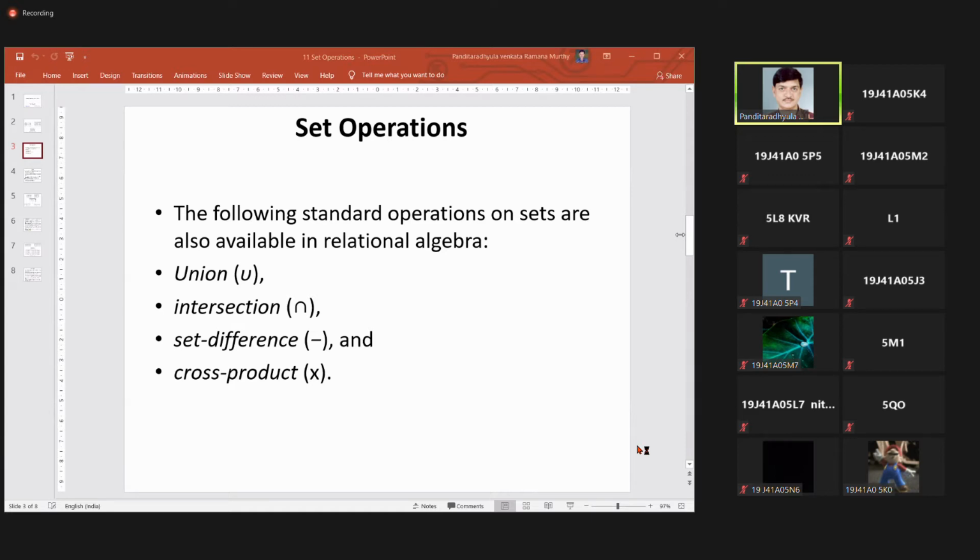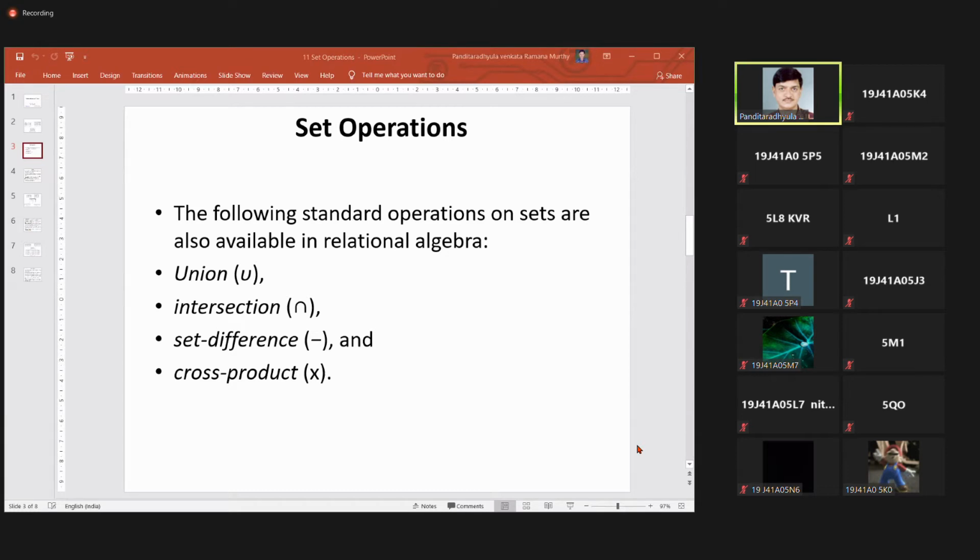When it comes to the intersection, it indicates: is there any commonality between result 1 and result 2? Third is set difference, where strictly I want to apply some conditions. It should be present in the first result, but it should not be present in the second result. Cross product is the product where I want to compare each and every value in the first table with each and every value in the other table. These are maybe the basic questions, the requirements.